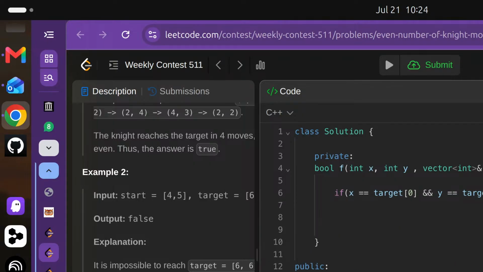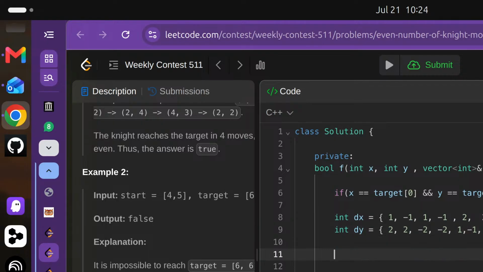And we take this here, and we take this like, okay,